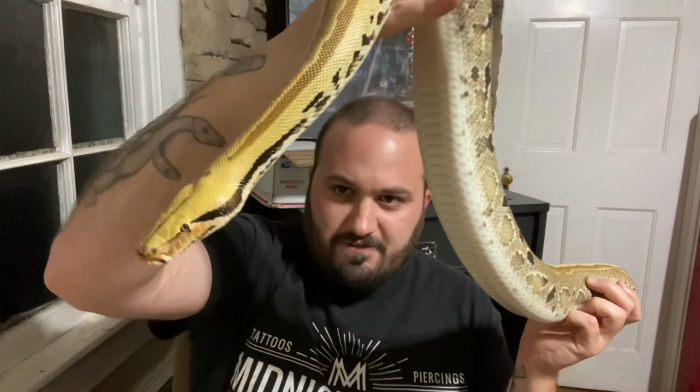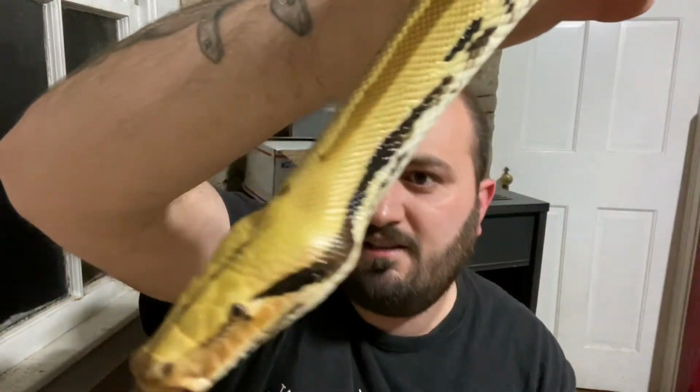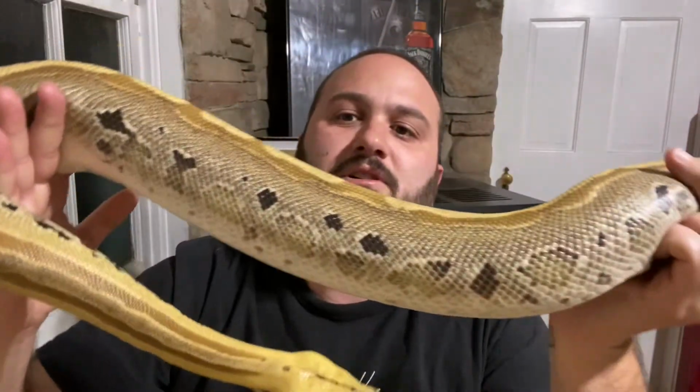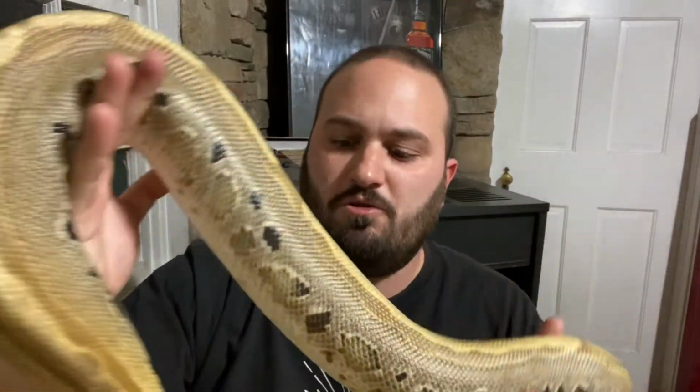But just a magnificent animal, really pretty. Definitely a great example of an Ultra Borneo shorttail, and an animal that I want to put into some projects. A lot of my Sideswipe stuff has Ultra floating around in it, and actually a lot of my collection in general does. There's a lot of Ultra in my Borneo collection. So I wanted a really, really nice example of an Ultra. So eventually I'll put her